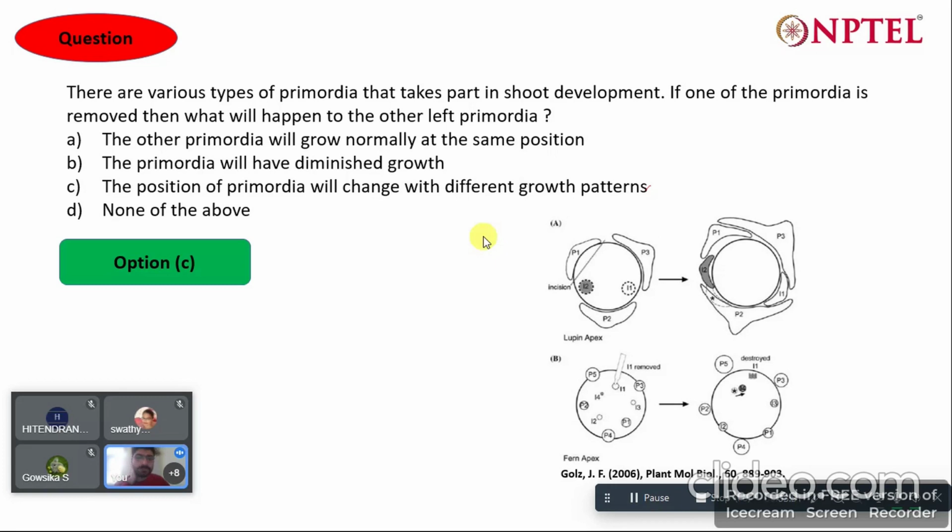And as we know, all the primordia that are present on the shoot function in a very coordinated way. If any of these primordia is removed, for example, if I1 is removed from here, and this is the normal positioning as well as